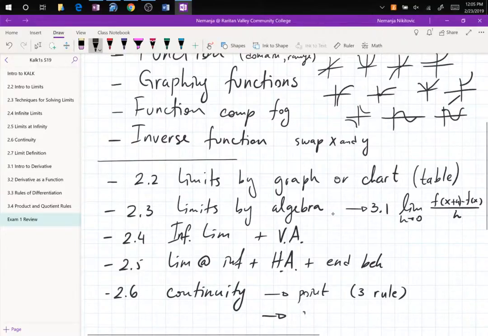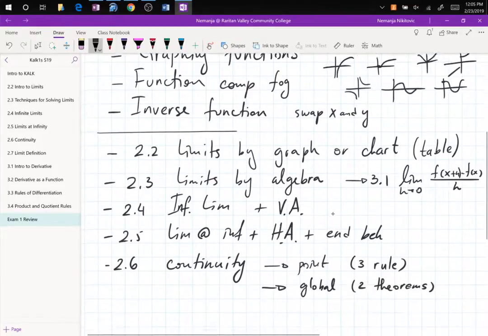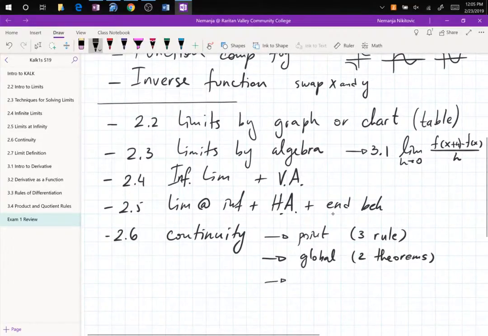Global, which is those two theorems. And piecewise,